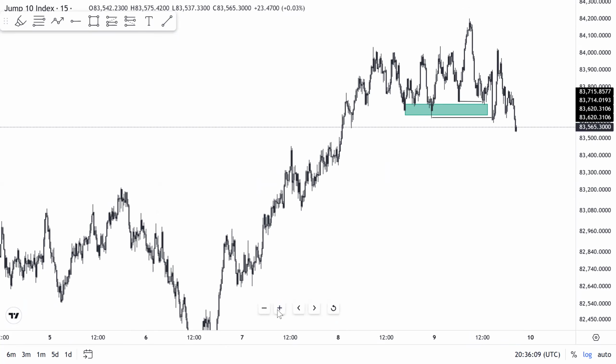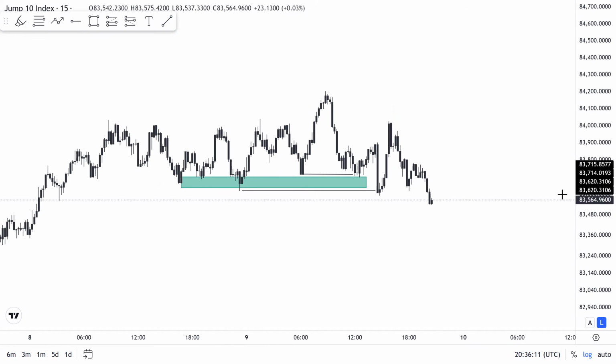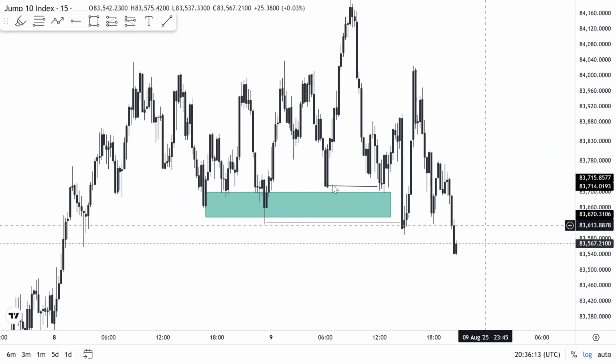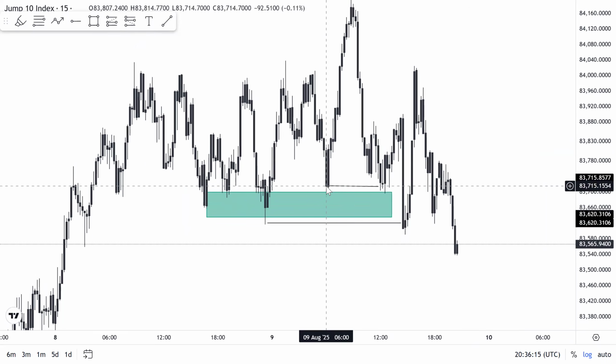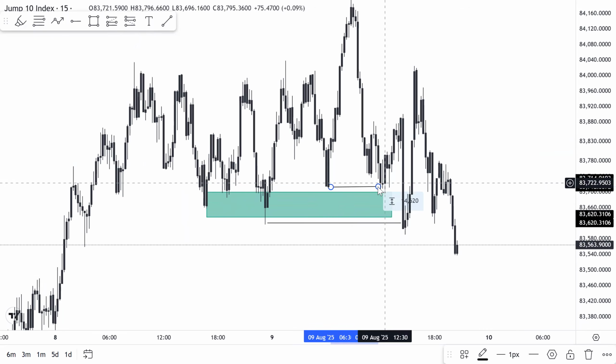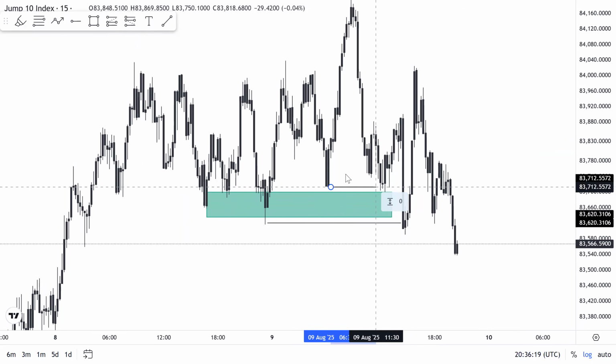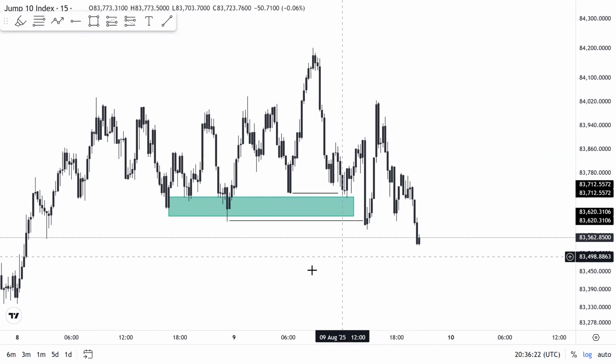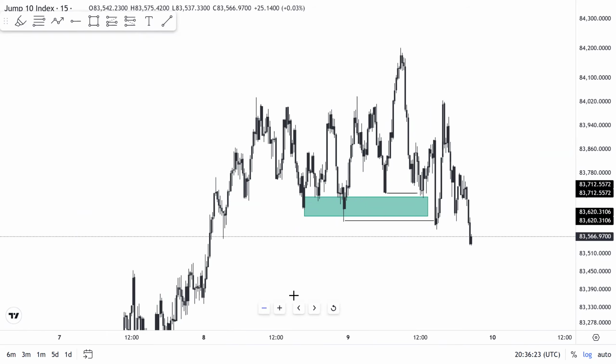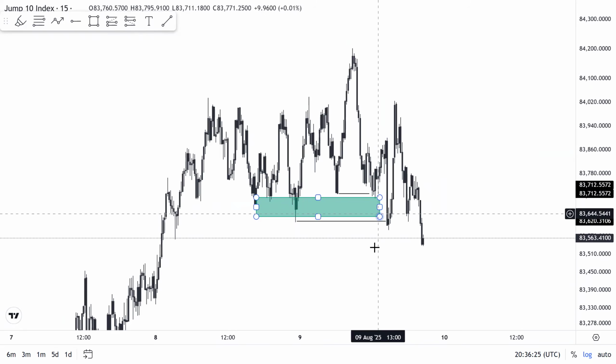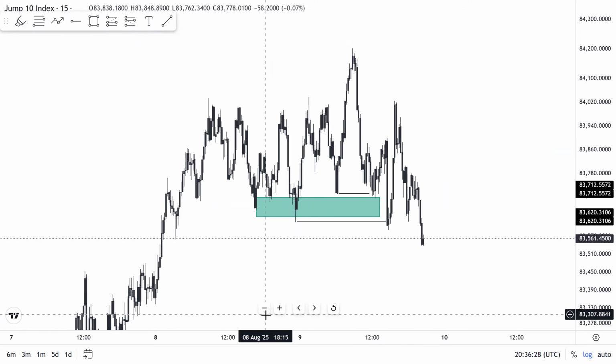Now, this exact trade on Jump 10, I took this buy. I just checked my phone now, I think I set the limits here. So I took this buy and I saw that I hit stop loss. Because as I said, as a beginner trader, you should not be taking B plus setups. You're looking for an A plus setup, like the setup that we have on VTNS.